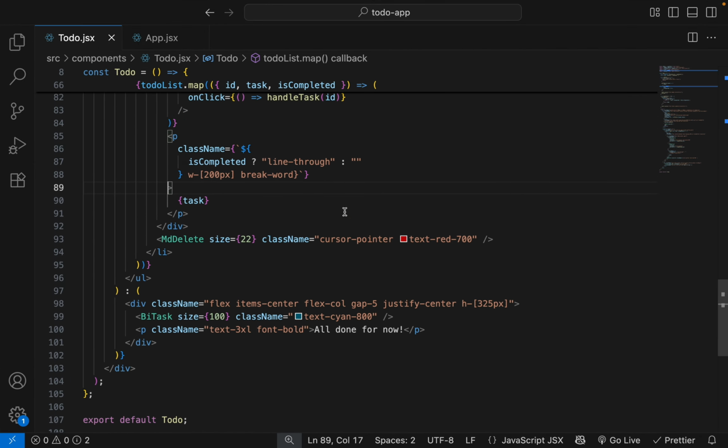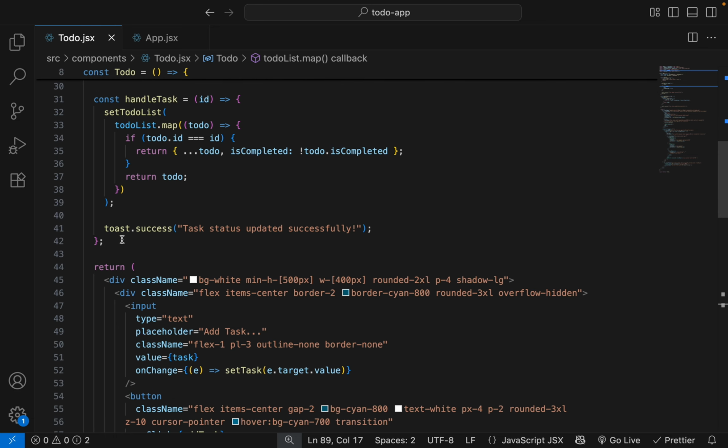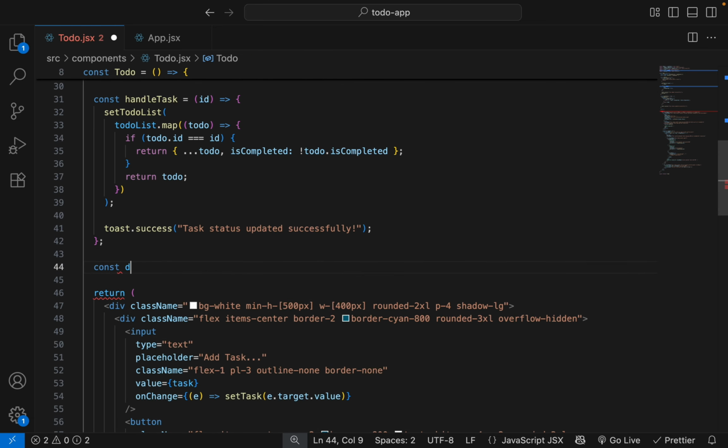Now let's work on delete function. Const delete task.